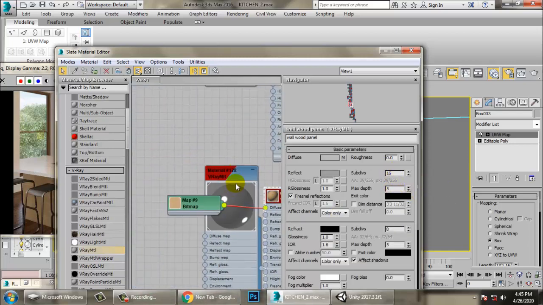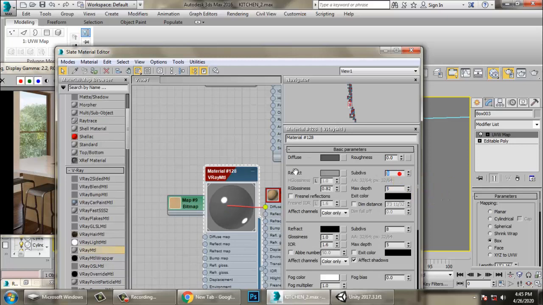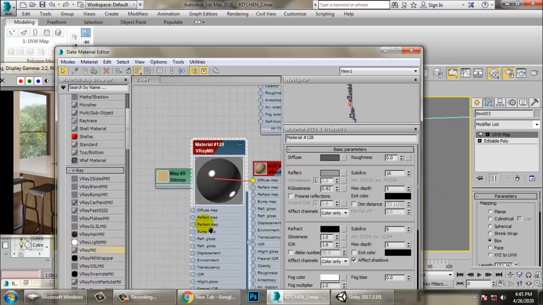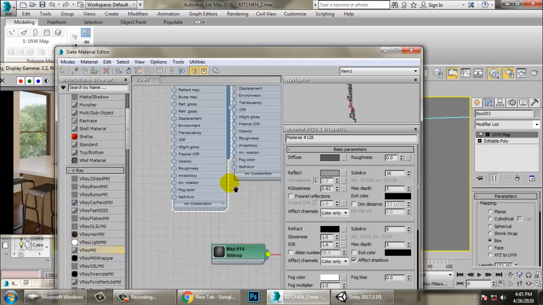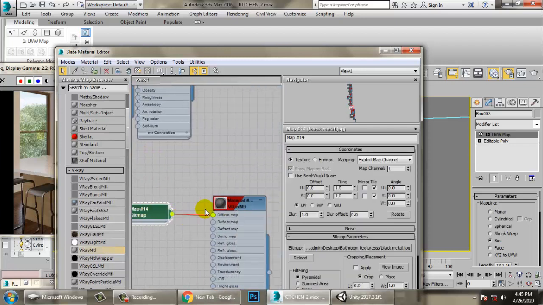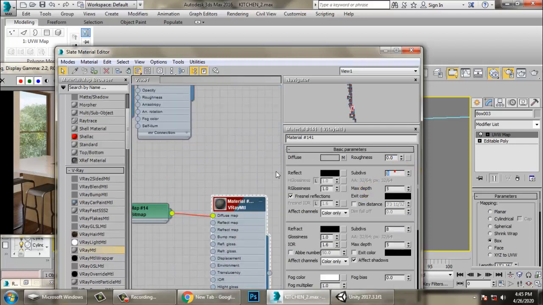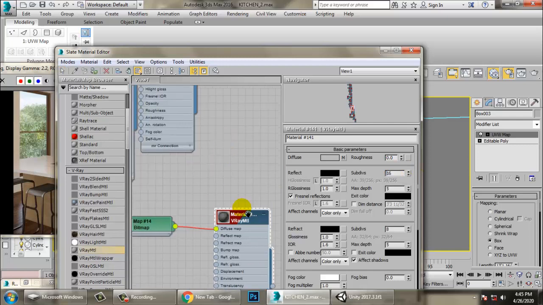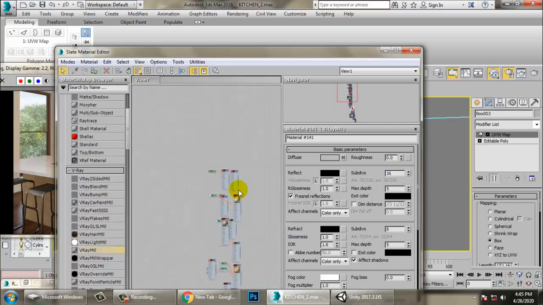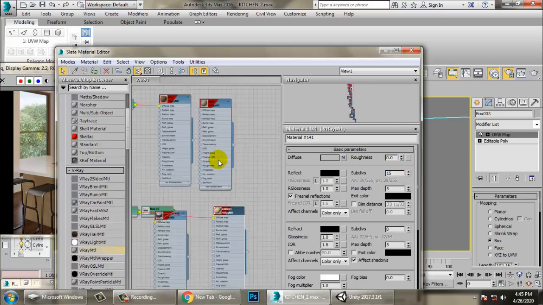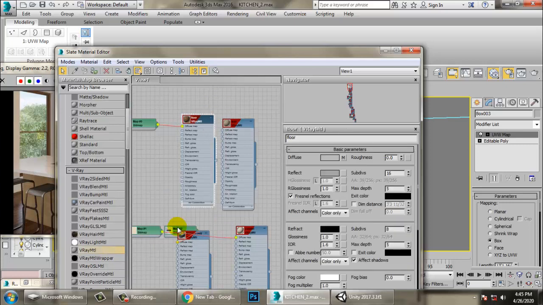So increase its subdivision over here. Just go on increasing the subdivisions for a better output.